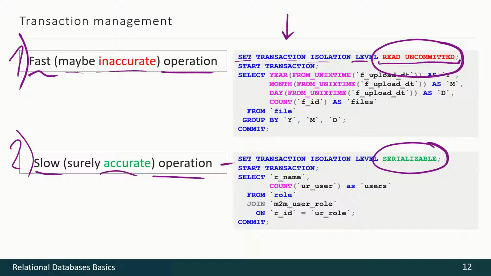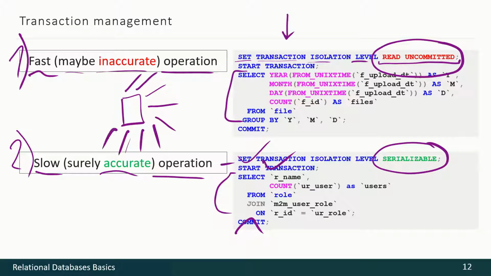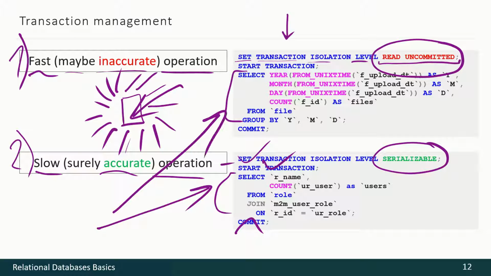But of course we may just execute those queries without this transaction syntax, relying on default isolation levels and implicit transactions, because each and every DBMS has so-called implicit transactions. And you may rely on those implicit transactions unless your DBMS has a lot of connections, a lot of concurrency, a lot of users working with the same data at the same time. Now we shall switch to MySQL Workbench and see how these queries work.